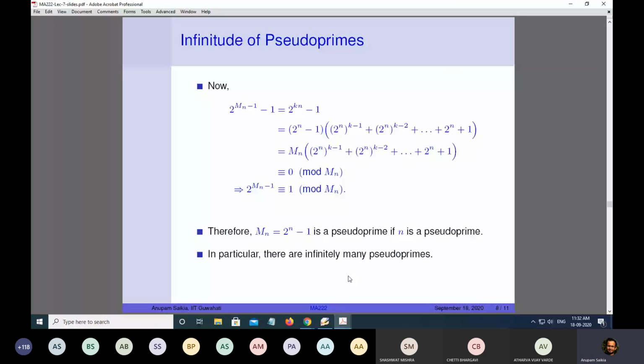Okay, suppose there are no questions. There are infinitely many pseudoprimes. Okay, so